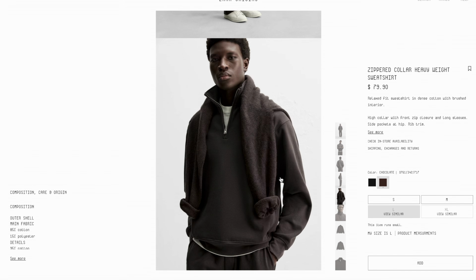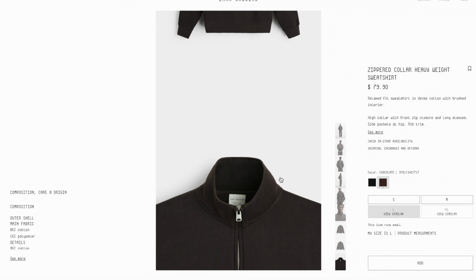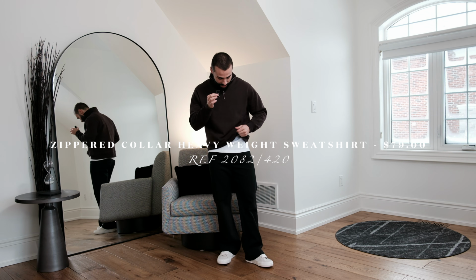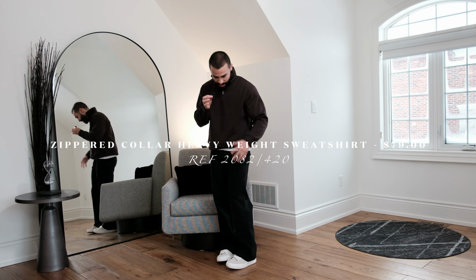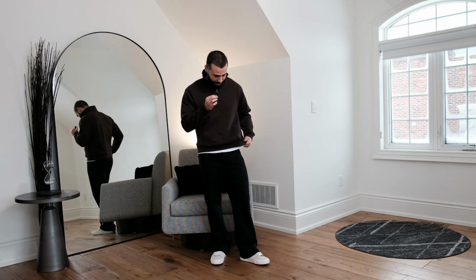It is a cool fit. I'm just kind of looking at it in the mirror right now, but I think it's a little bit too short for my liking, to be honest. I'm just pairing it up here with a white tank top underneath and my kick flare trousers from Sunflower with the Amiri sneakers, kind of matching that whole beige brown vibe here. I would have loved to see this in a size medium because I feel like I would have loved it